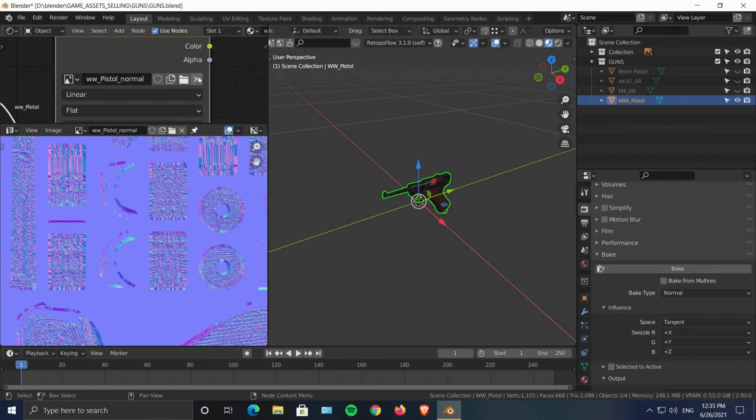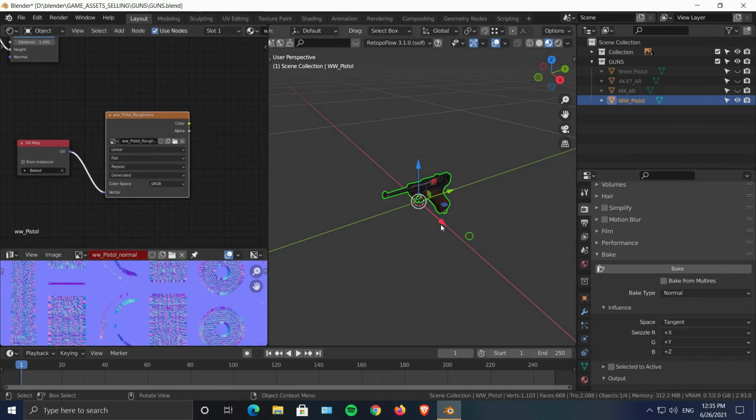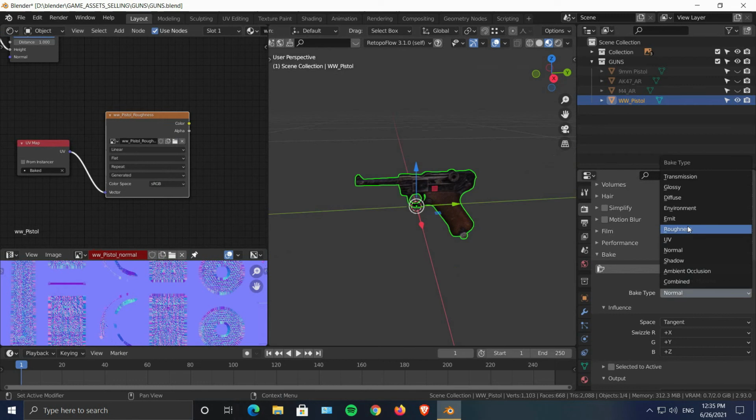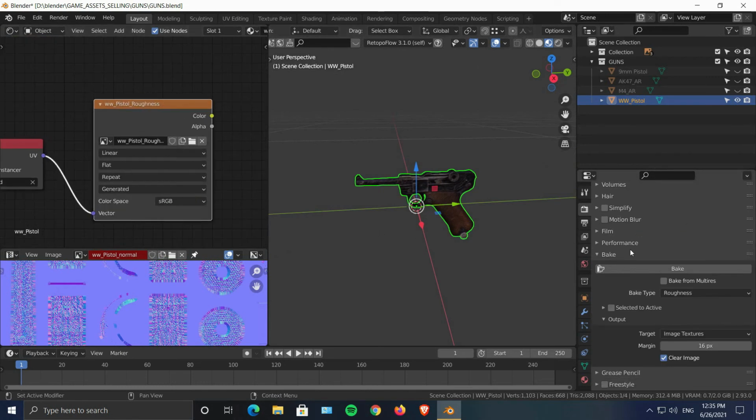Now all you need to do is click on this X button, click on this plus, and name it World War underscore Pistol, and this will be a roughness. I think you will need a roughness, so select that, and then just choose Roughness. Now all you need to do is select that, and then click on bake.